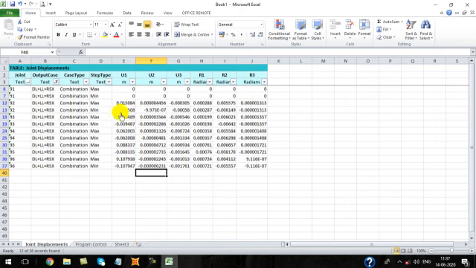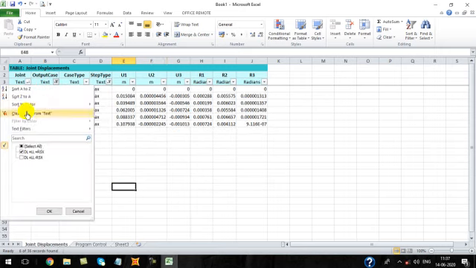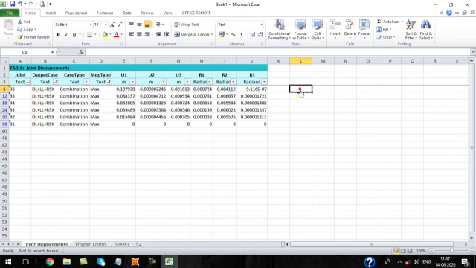Yeah, in positive and minimum, in both axes the values are same. So let me have maximum value only. It is 0.0056.